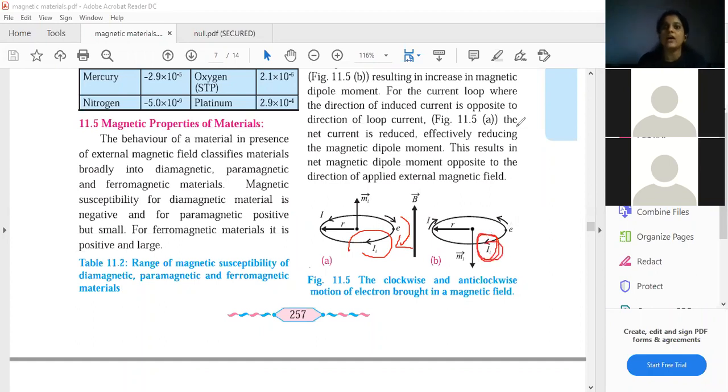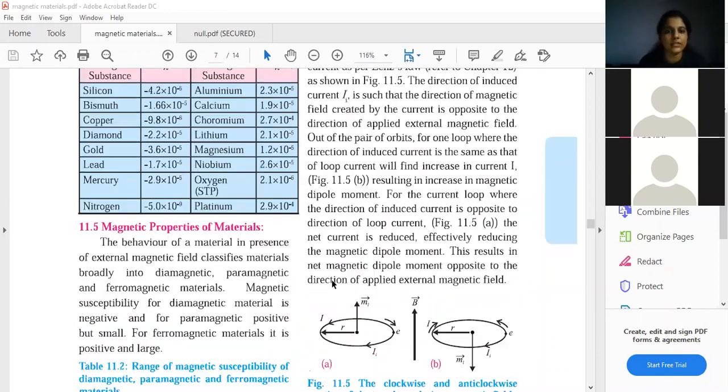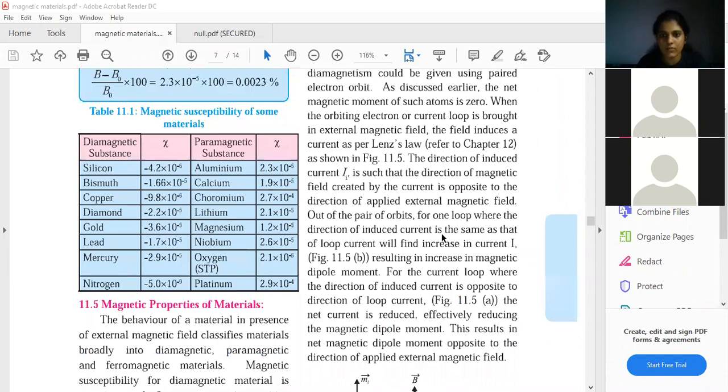Students, don't worry if you are not understanding, if you are not able to grasp many points from this part. I have another way of explaining the same topic, so I'll get to that as well, but just a minute. Let's first just read out what is written over here.